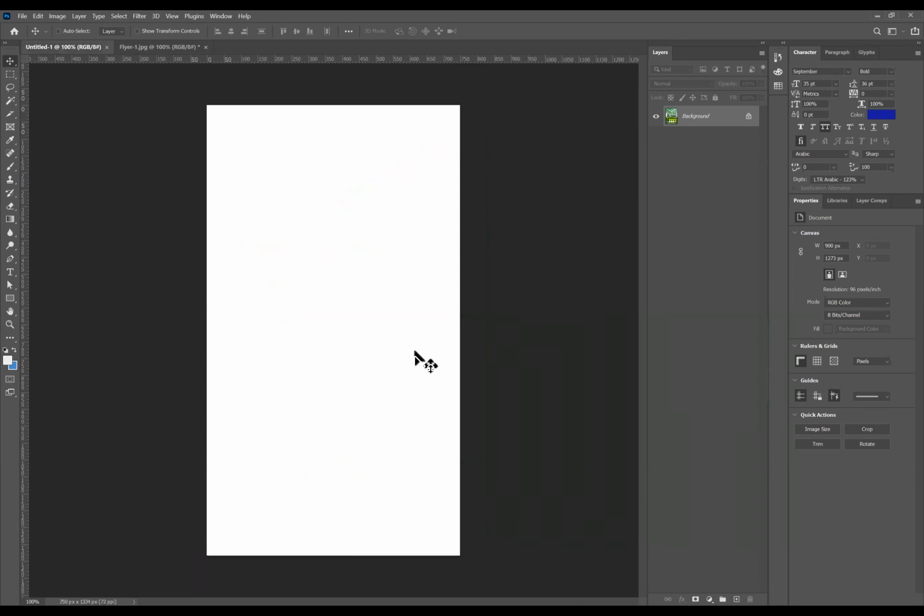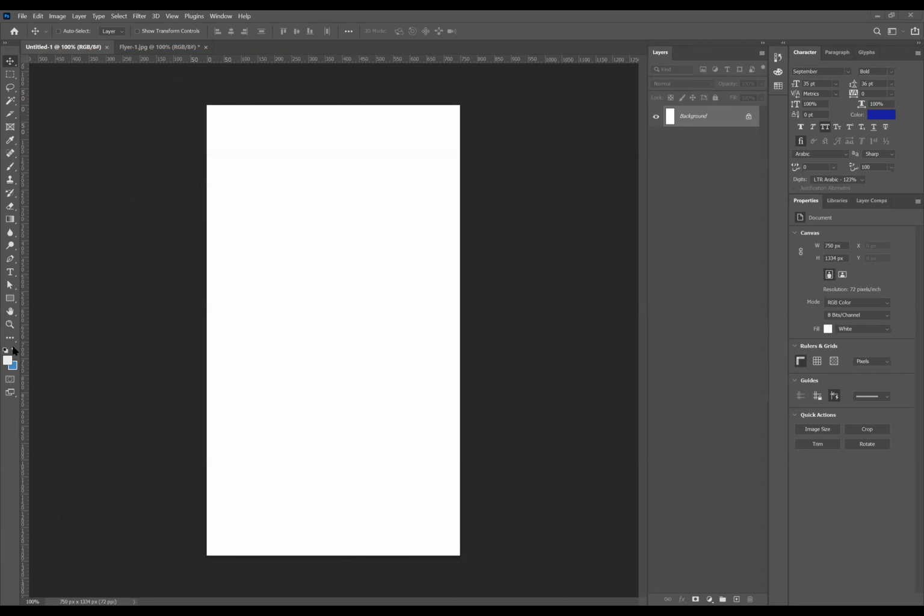Similarly, I will go here to my document. So how do you define the margin? Let me annotate and show you. Do you see this ruler bar, on the left and top side? These ruler bars are used, first of all, to see the measurement of your document. And then these ruler bars are used to create something called guides.